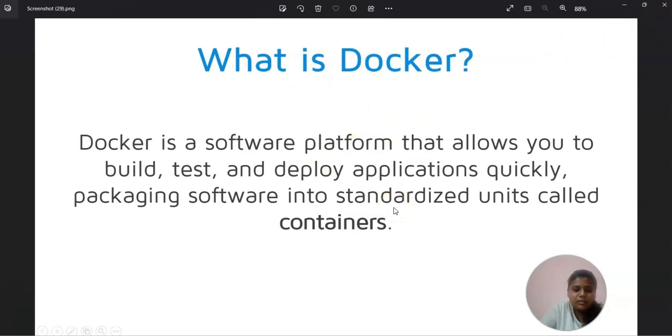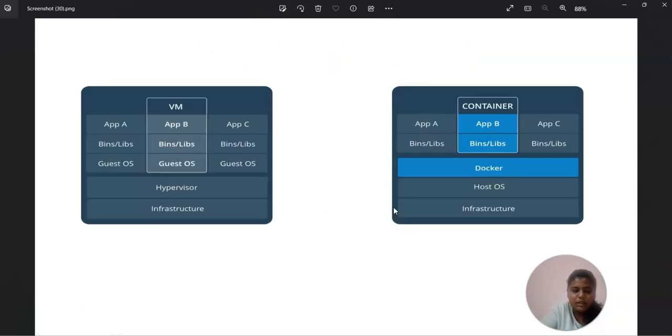Now, by comparing the VM with Docker, we can see that Docker requires less memory and CPU than a VM. A VM lets you run a virtual machine on any hardware, but Docker lets you run an application on any operating system. For example, if you want to run Ubuntu in a VM, you have to first